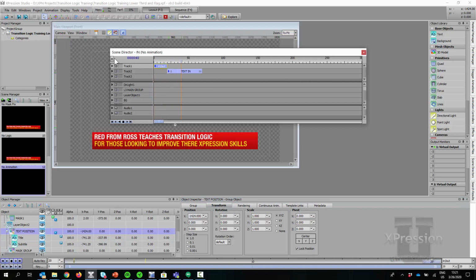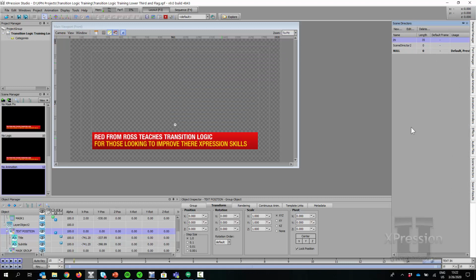And now, okay, looking good. Again, this guy's a bit long, so let's trim that down. It's important with transition logic to try and keep your animations down to the length that they really are, because even if you had a whole load of empty keyframes, Expression still reads that as being an animation. So what you'd see is that you're in a transitioning stage for much longer than you might want to be.